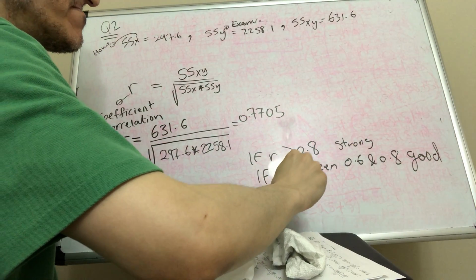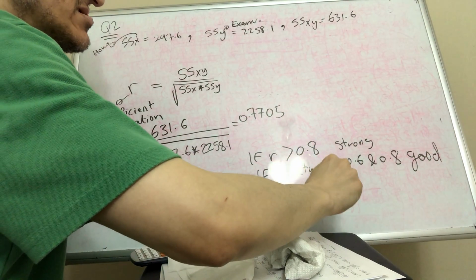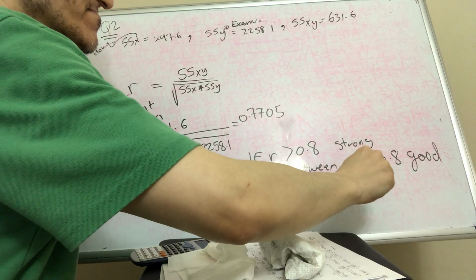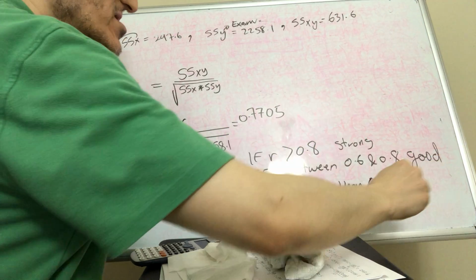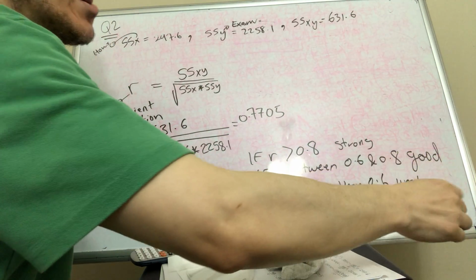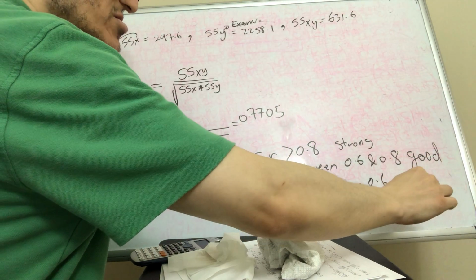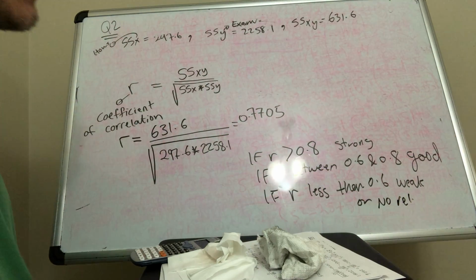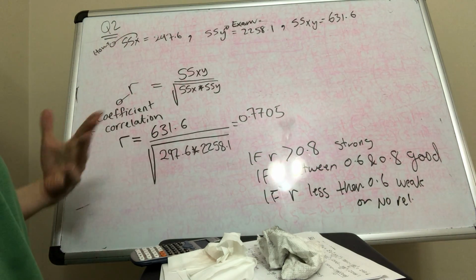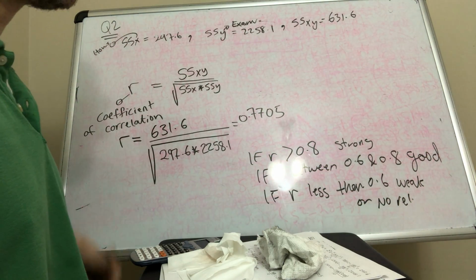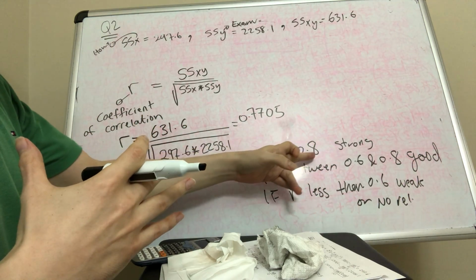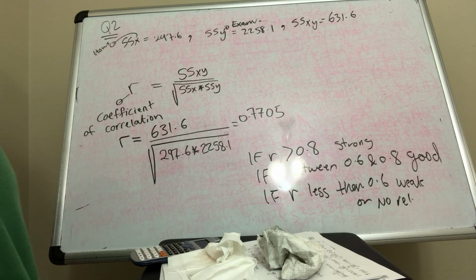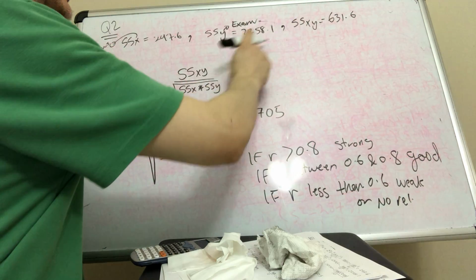If R is less than 0.6, you have weak, or if it's very, very small, no relationship. So this number is somehow like it's good, but it's very close to being strong. So you say